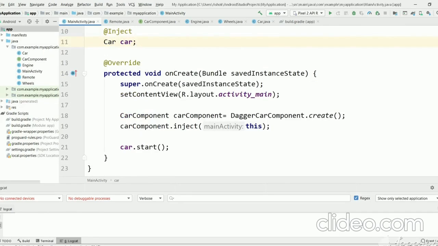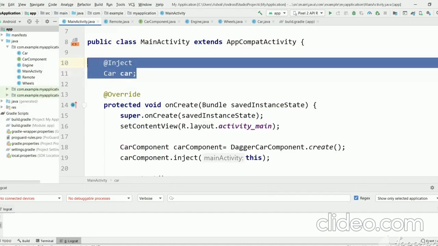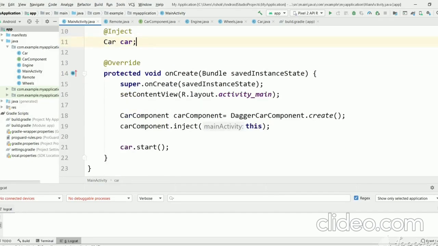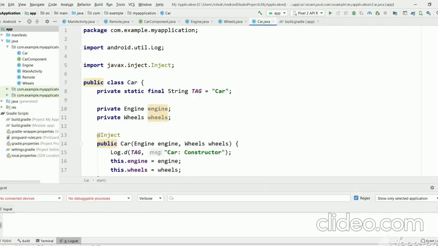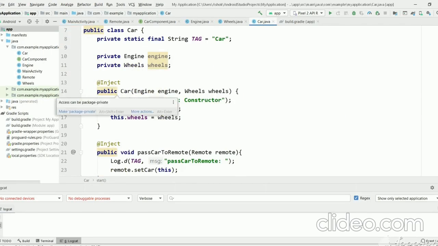So in this video we will see the field injection. Already we have seen a field injection in main activity, and let's see a field injection in car class. If you are seeing, the car class is having arguments engine and wheels.